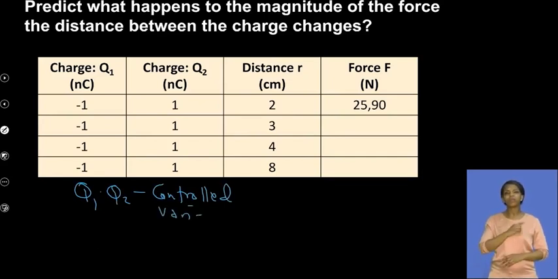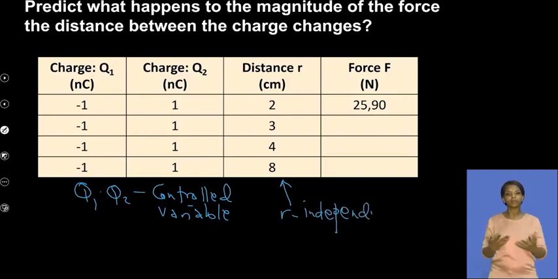It's because we're not changing the magnitude of each charge, which actually affects the product anyway. But what is changing here is our distance between the two charges. So this distance r is our independent variable, right? By changing r, we want to see how it affects the magnitude of the electrostatic force that exists between